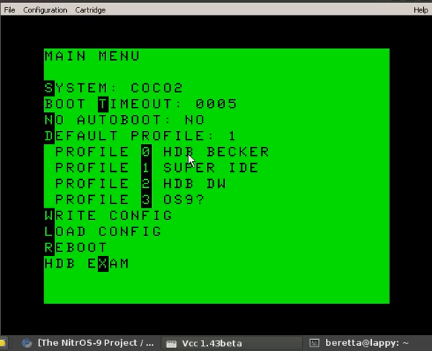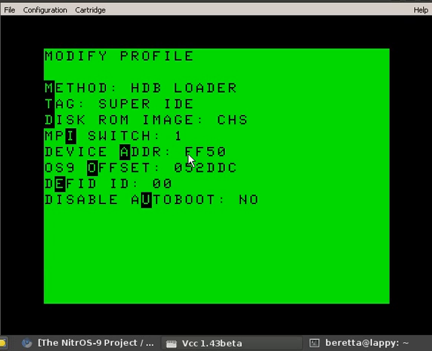And let's just go into, I think, an easy one. Let's go into the Super IDE driver. Now this won't actually work on my, this is actually a virtual Coco, so I don't actually have a Super IDE, but it actually may work. I'm not sure. I'm using DriveWire and HDB, but what's kind of cool about this is as we modify our